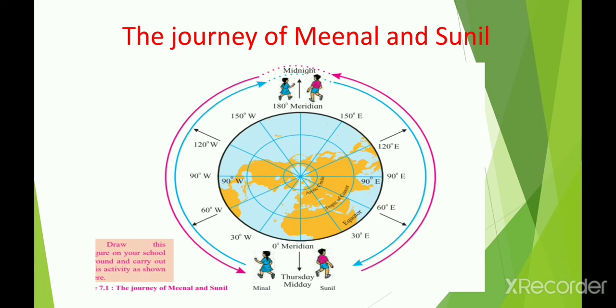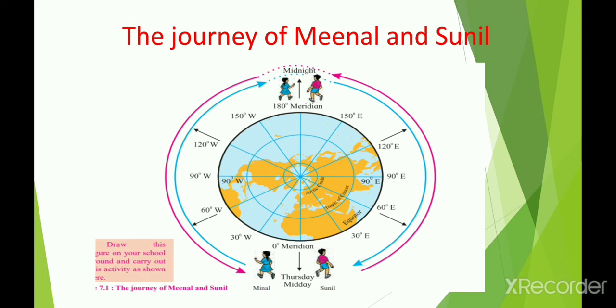When he reaches the 30 degree east, it is 2 p.m. When he reaches the 90 degree east meridian, it will be Thursday 6 p.m. And as Sunil moves eastward, according to him it will be Thursday midnight 12 at